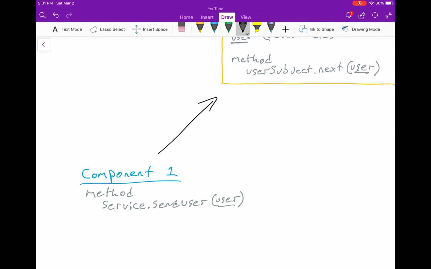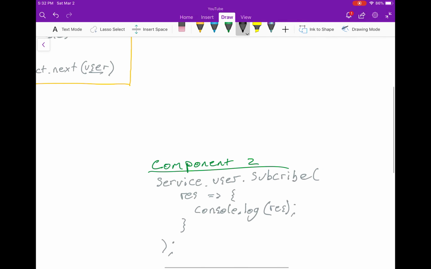So this sends data to the service, via the method in the service, so it calls the method in the service, this, right? And then over here, where you do the opposite, basically,